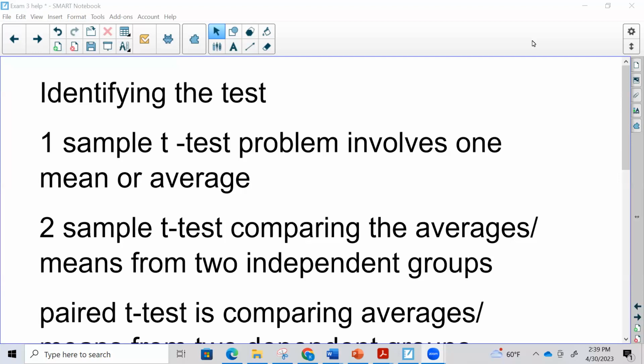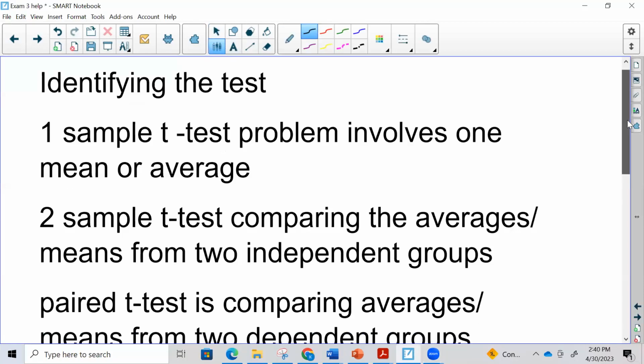So I'm going to just talk about hypothesis tests, but the confidence intervals follow along the same way. So if I'm talking about a one sample t-test, then that would be the same thing as doing the confidence interval for a one sample t-test. And same thing for all the other types. So in this class